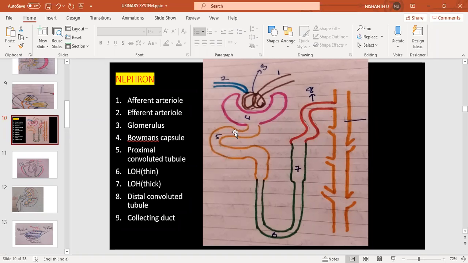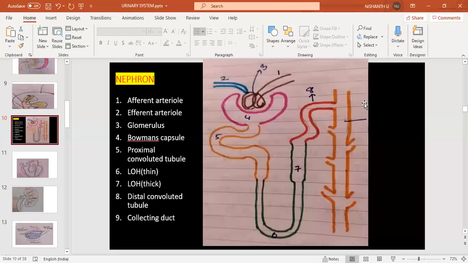When effective reabsorption is not there, what is the meaning? Urine output will increase, and even substances which are required for the body will get excreted from the body. Are you able to understand the point? Listen carefully again. When glomerular filtration rate is high, instead of 120 ml it becomes 200 ml. The movement of the filtrate will become very fast, and then reabsorbing the content from the filtrate is not possible because it is moving very fast, and finally even essential substances will get excreted out from the body.